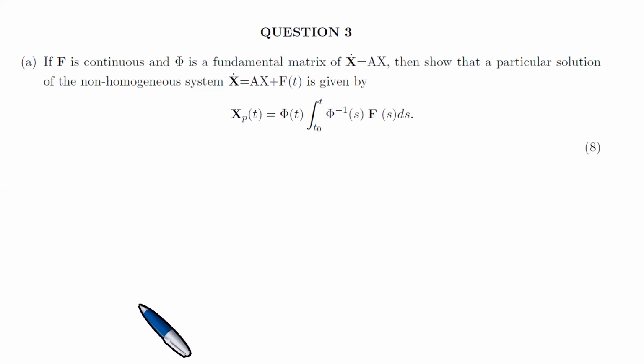Right, we're looking at this proof. If f is continuous and phi is a fundamental matrix of the differential equation, then show that a particular solution of the non-homogeneous system is given by this. This is called the particular solution there. Let's look at the proof of this. We have to show that